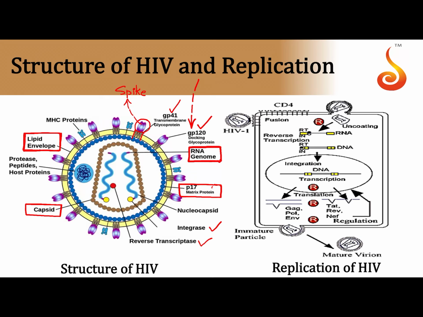Please remember that HIV attacks two types of cells in the human body. One is the T helper cells and one is the macrophages. So if the GP120 protein is destroyed, or we generate antibodies against the GP120 protein so that it gets masked, then the HIV cannot enter into the host cell successfully.